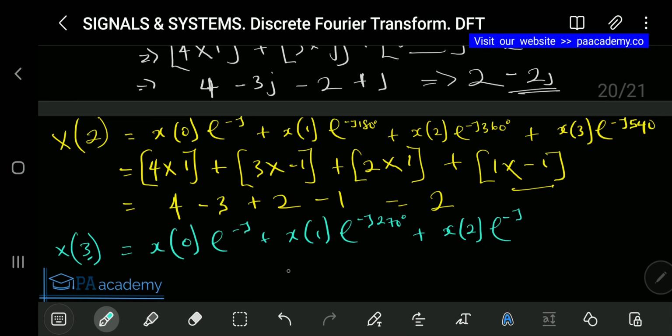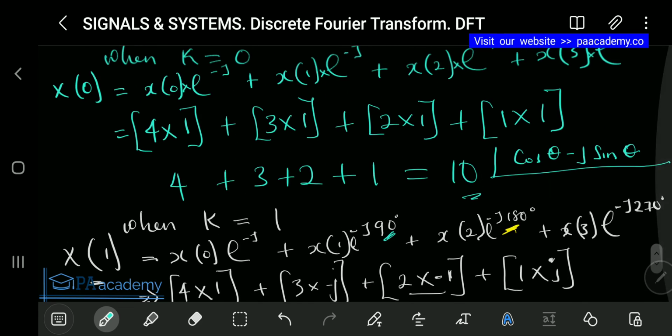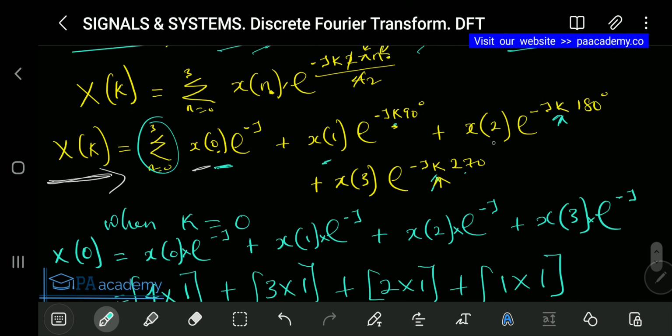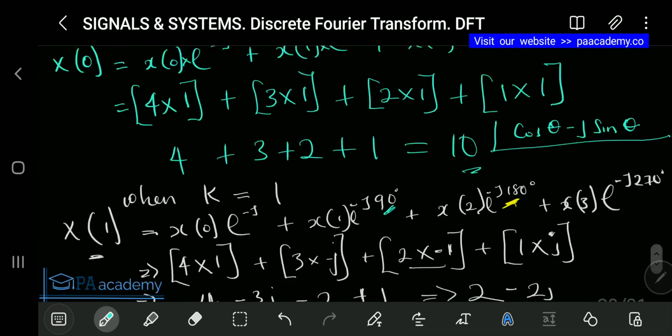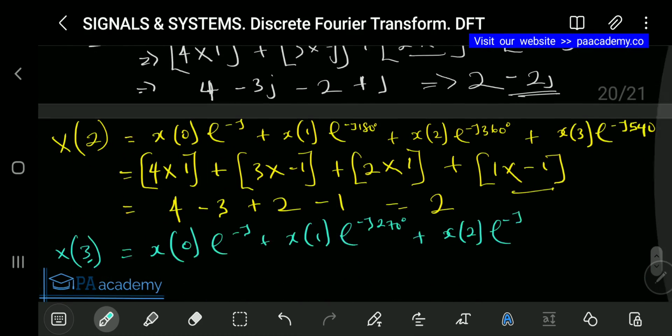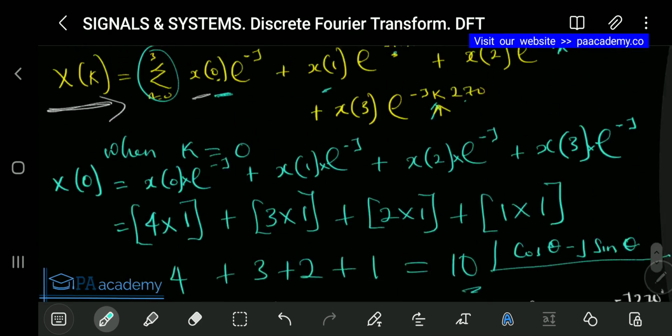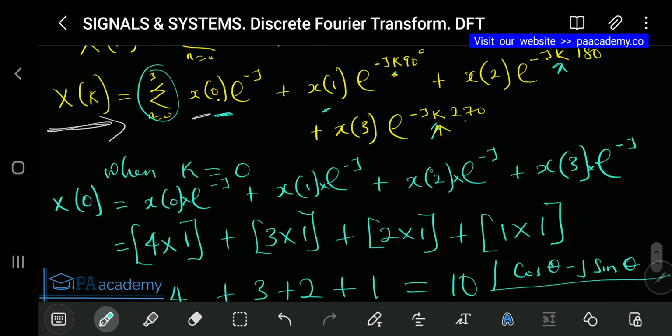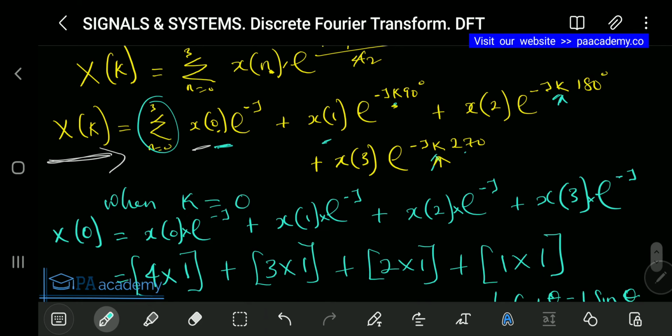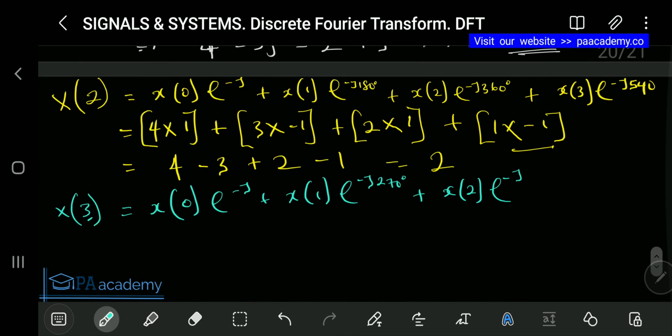Let's look at x of 2 if you replace k with 3. If k is 3, that's 180 times 3, that's 540. So that will be minus j 540 degrees, plus